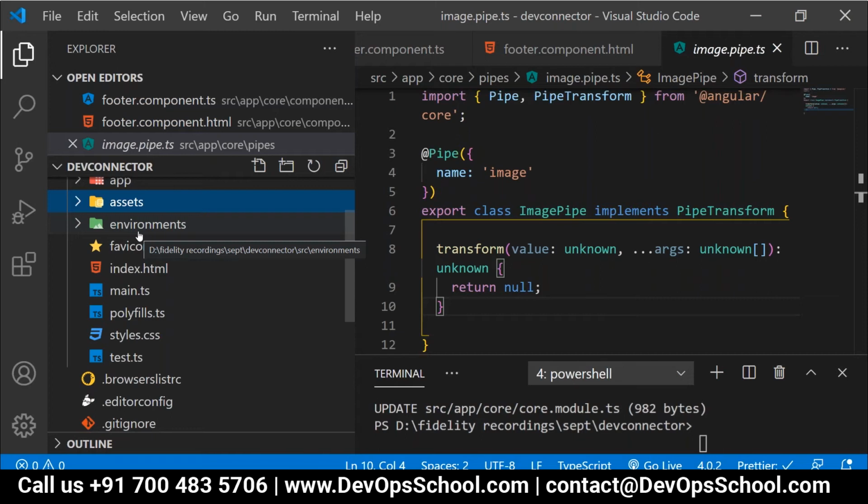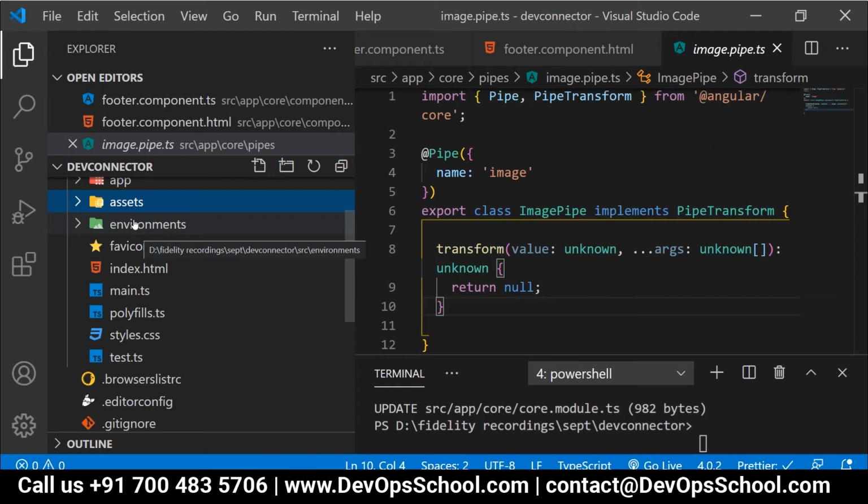Is it clear, everyone? Yes or no? A sort of smiley or a dog image, like that. We can fix a specific pattern for the application, and we will utilize it.